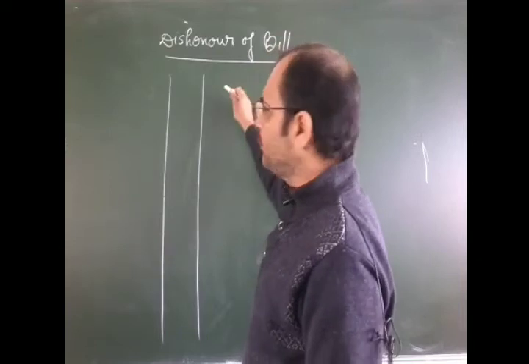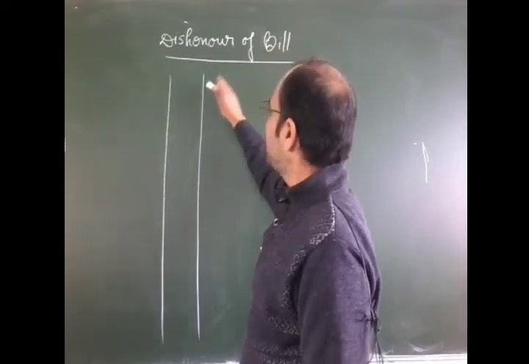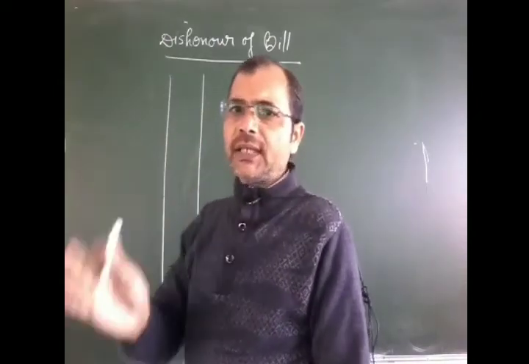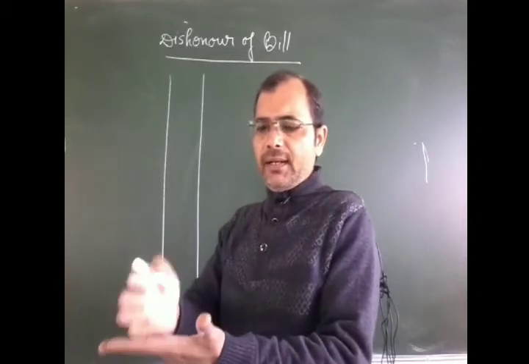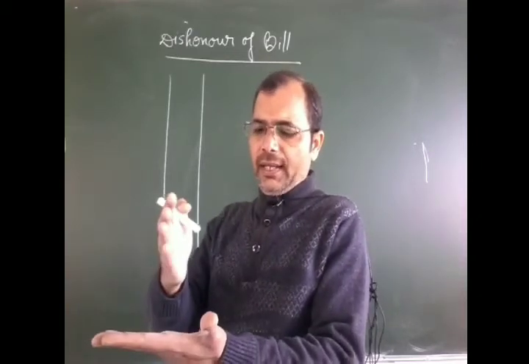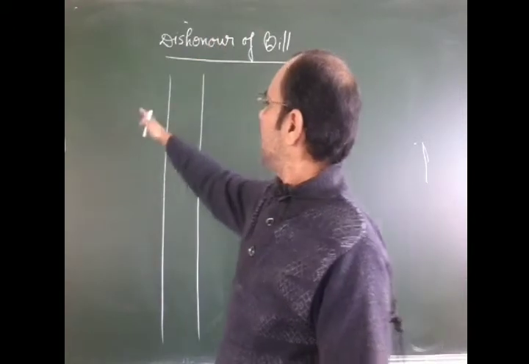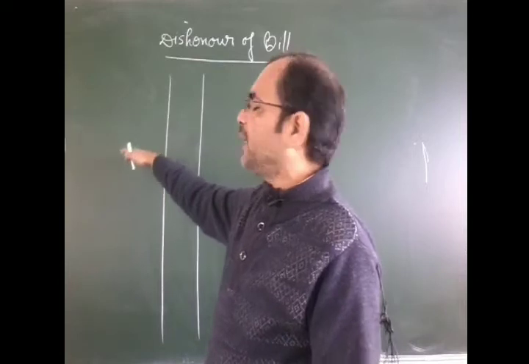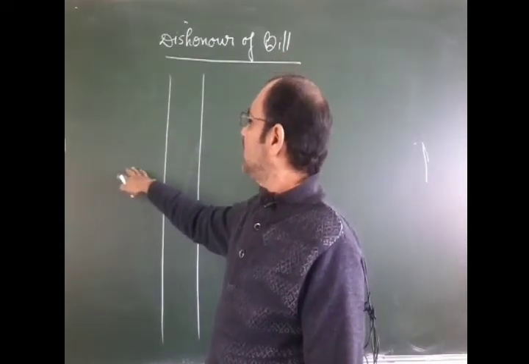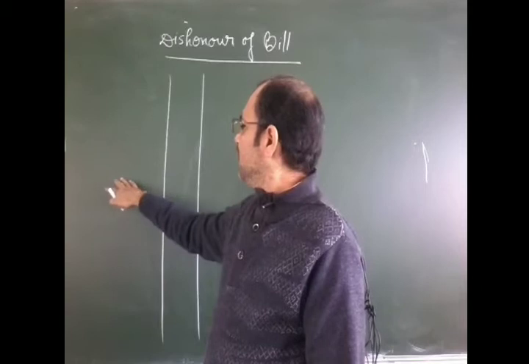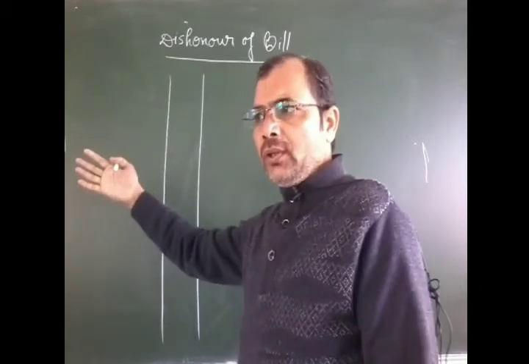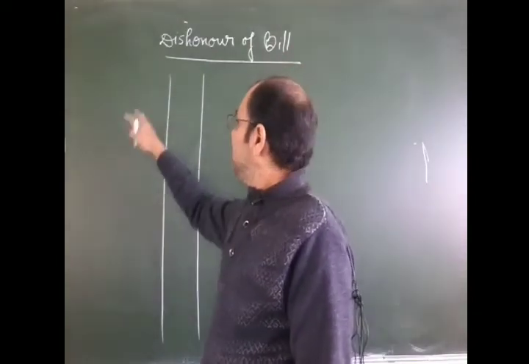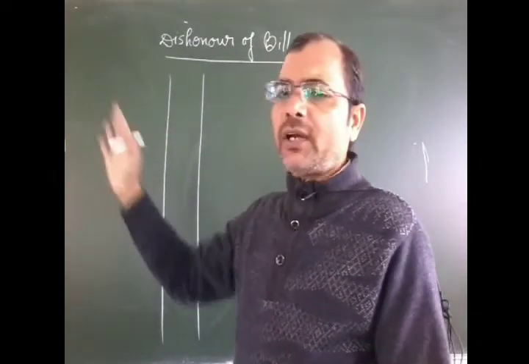What will we do at that time? We should see here the accounting treatment in the four conditions. What are the four conditions? First condition is when the bill is at the seller. And the second condition is when the bill is discounted from the bank, and the third condition is when the bill is endorsed to another person, and the fourth condition is when the bill is sent to the bank for collection.